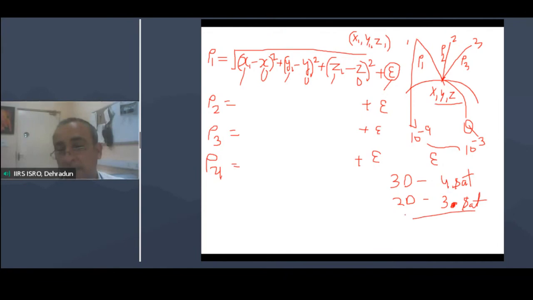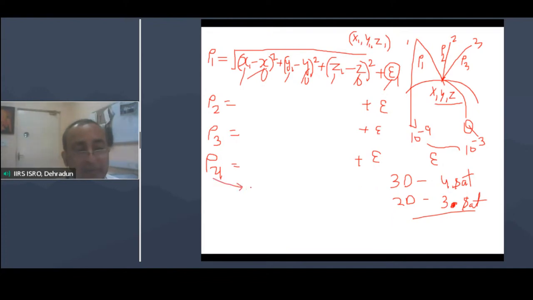This is the conclusion, right? So I have already spoken a number of times. For 3D observation, we require a minimum of 4 satellites. Why is it? Because there are 4 unknown variables, x, y, z, and this epsilon. And once we know the range,